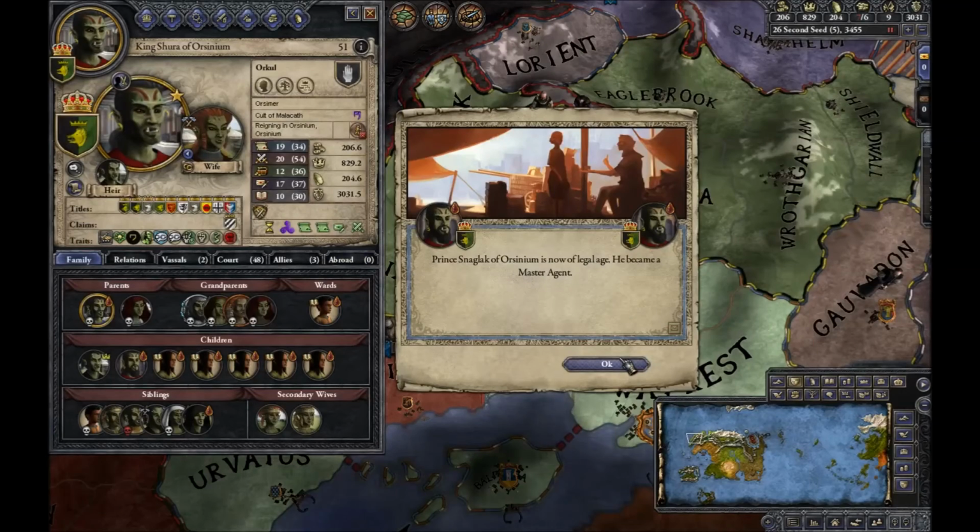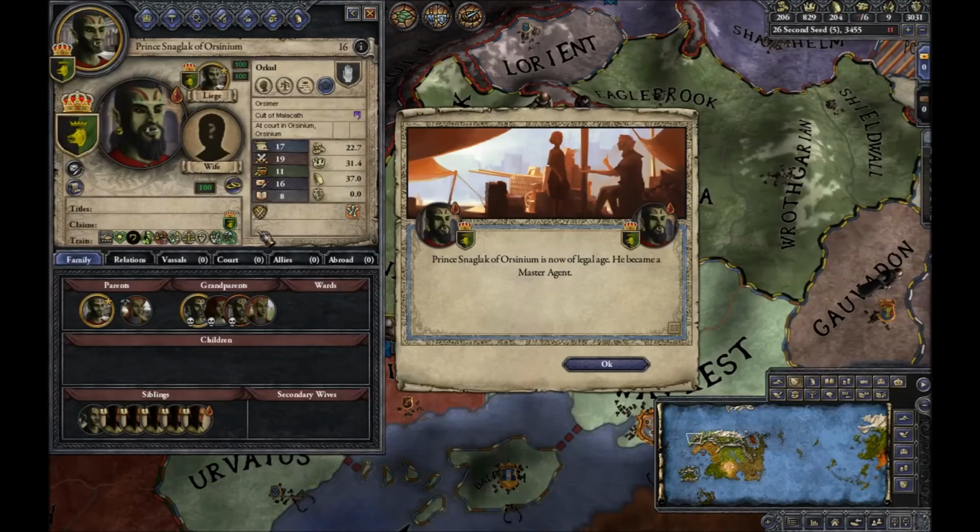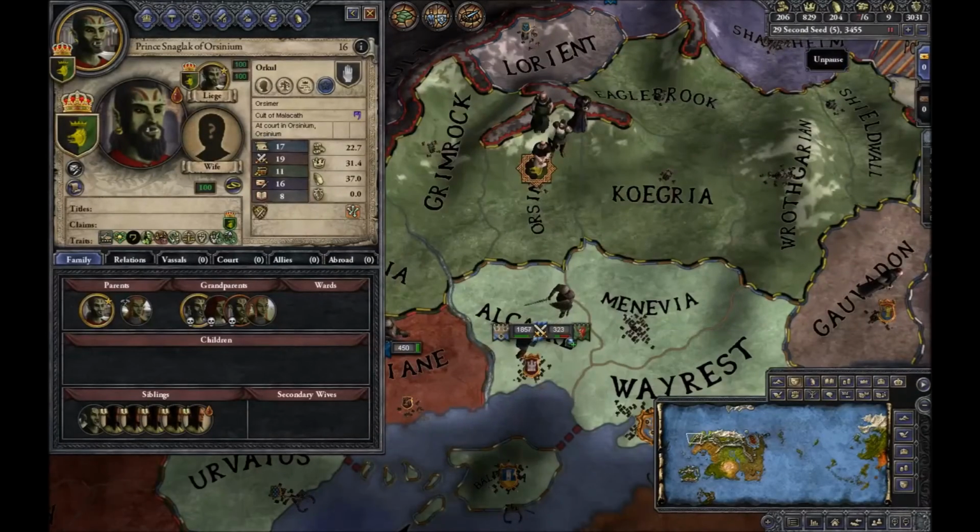Prince Snaglak of Orsinium is now of legal age. He's become a master agent. Wow, look at that beard, too. Oh, God. Look, he's got such good traits. Yeah, he's going to be our heir. So let's go ahead and make him...